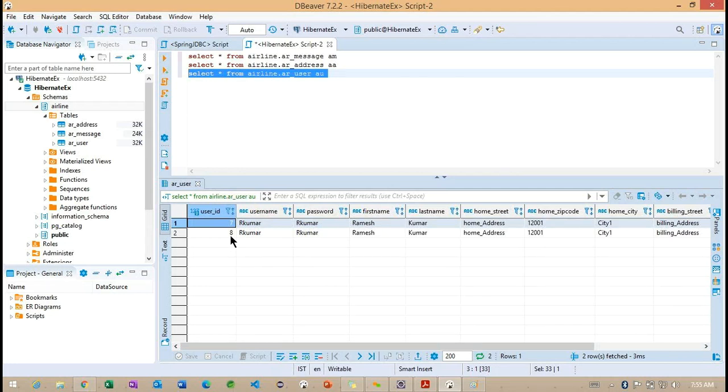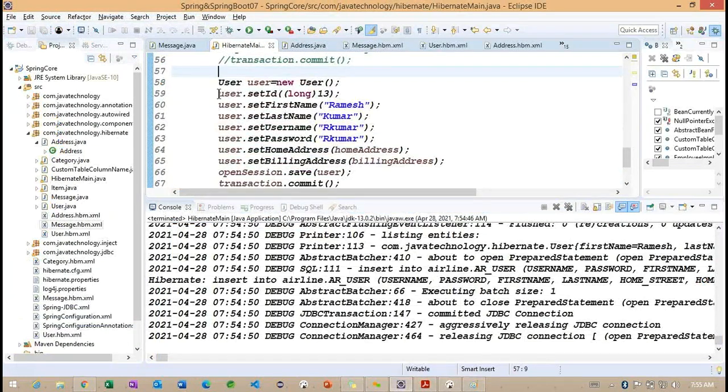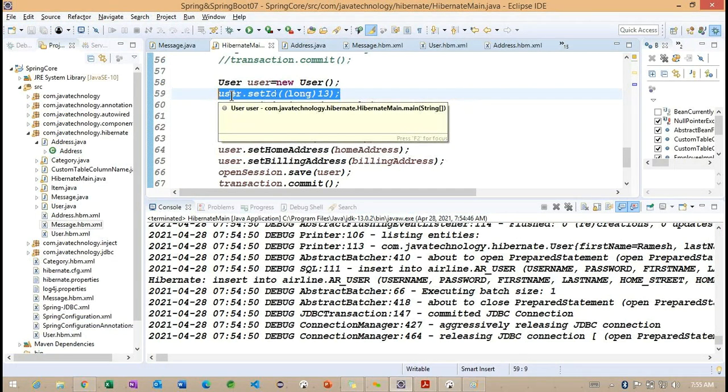Basically, we need to understand this particular user ID. Even though we are specifying this manually, because of this particular generator class, what happened internally?